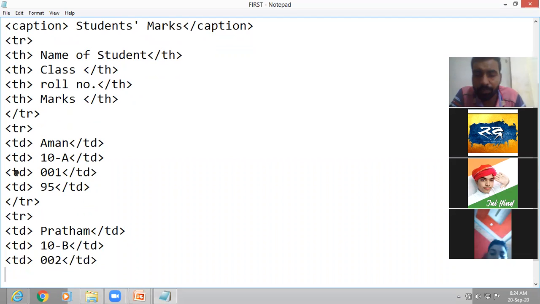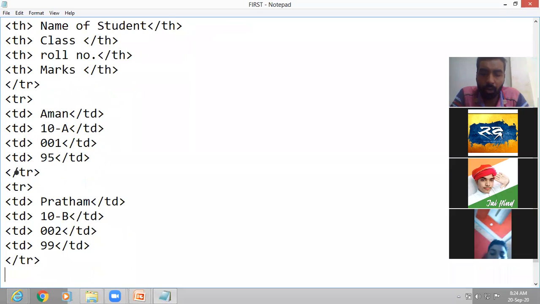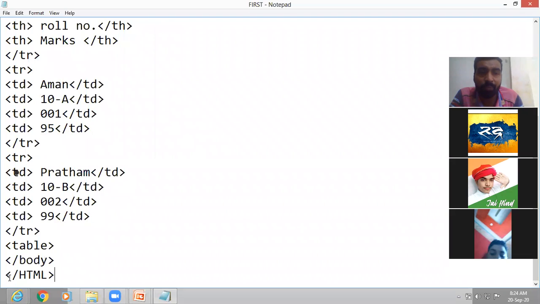Then marks of Pratham, suppose the marks are 99, then close TD. Okay, let us now close the TR tag, then close the table tag also. TR is closed, then finally table is also closed, and after that body is closed and HTML is closed.